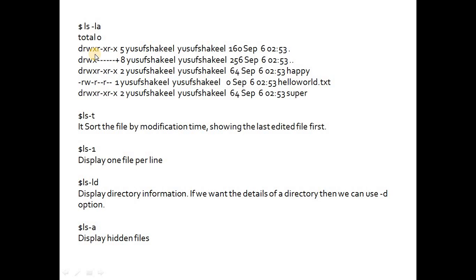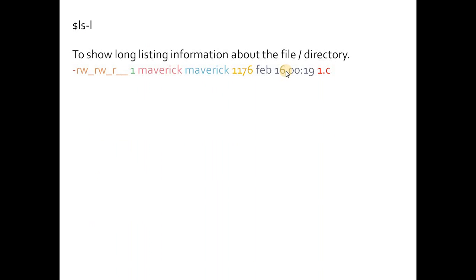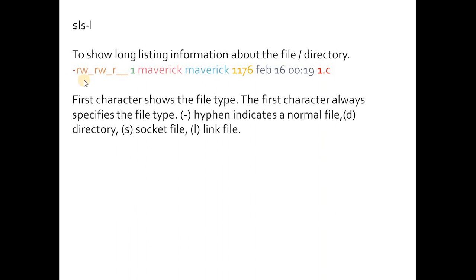Now you can see in this output a single dot and a double dot. The single dot refers to the current directory and the double dot represents the parent directory. So this is about the first character in this output.